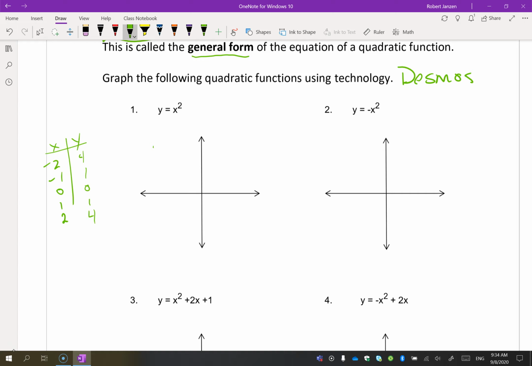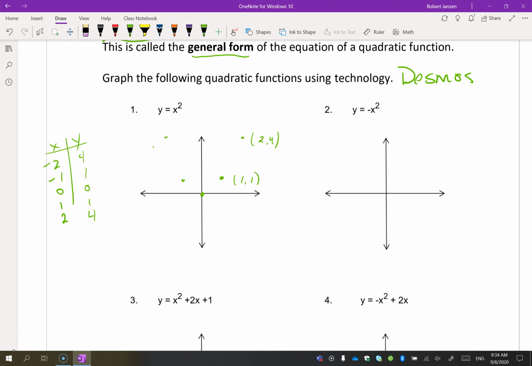Okay, if I do that, here are some of the points that I get. I get a point 0, 0. I'm going to get a point 1, 1. I'm going to get a point 2, 4. And it's symmetrical on the other side. I'm going to get the same points over here. And this graph,